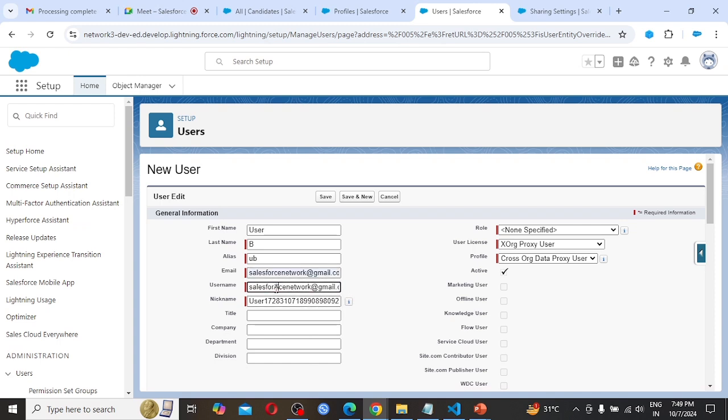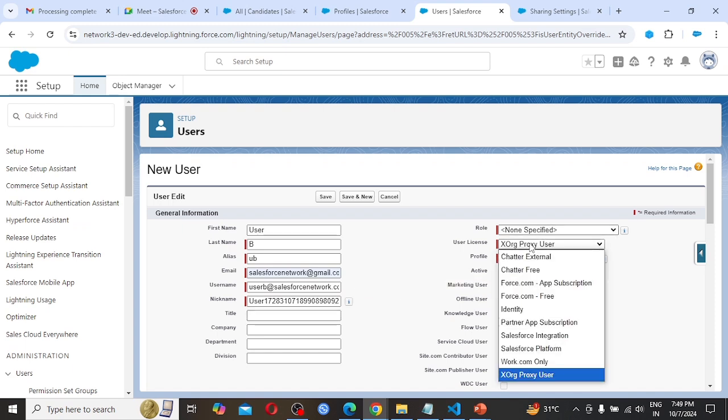I am taking user B @salesforce. In case the username is available, then we are going to get this username, otherwise we can't. In that case we have to modify the username. I am not taking any other information.